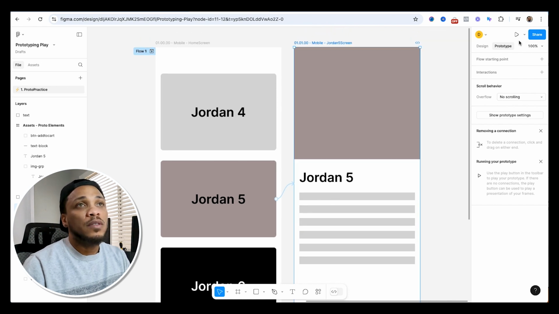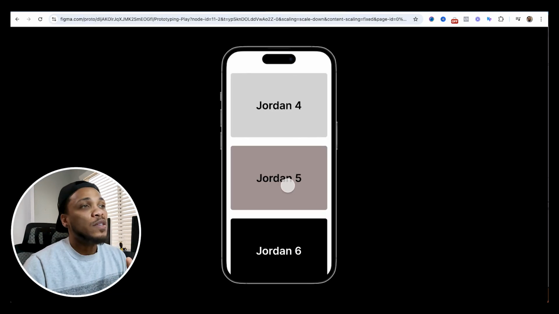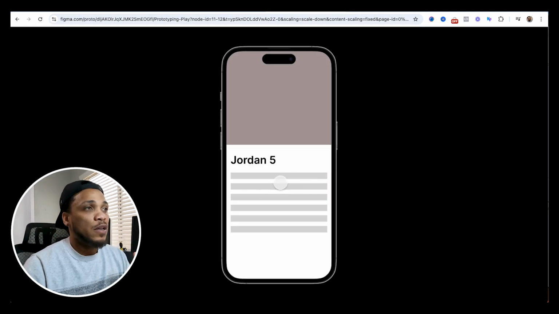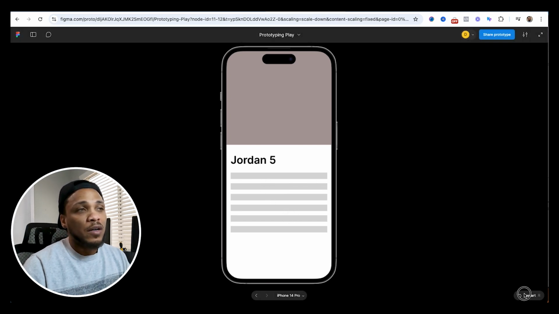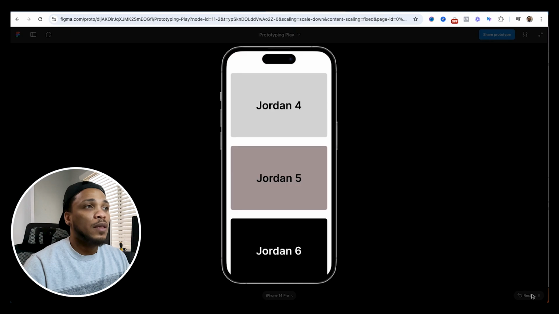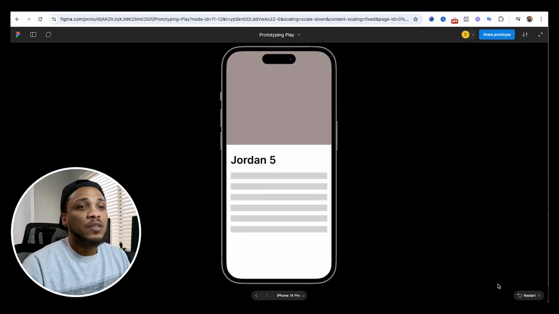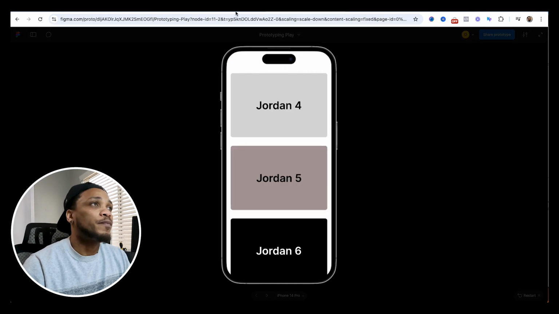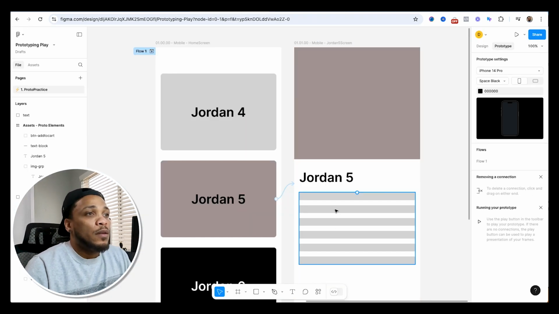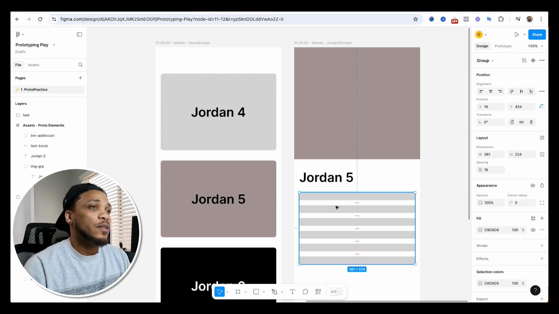So what we're going to do is preview this one once more. Now, once we select Jordan 5, you should be able to see the text here. But that's kind of jarring, meaning it jumps right into the text. I want to actually see both of them slide in, if you will. So what I'm going to do is now make a change. I'm going to restart this. So what you can do, go back into the design area, is